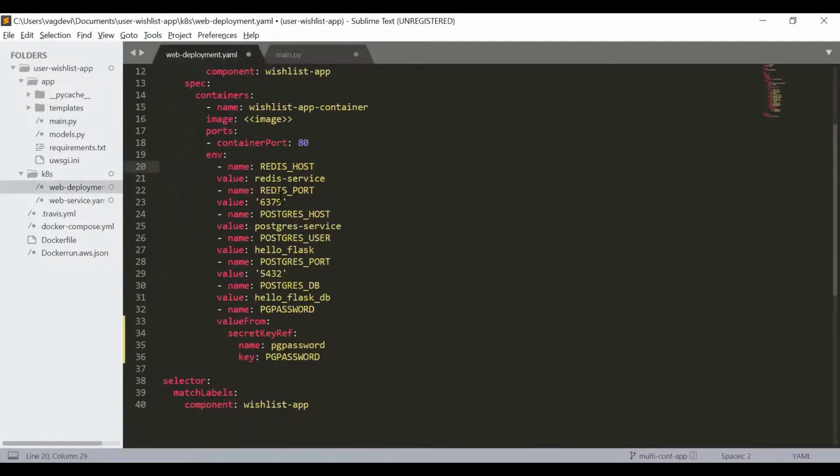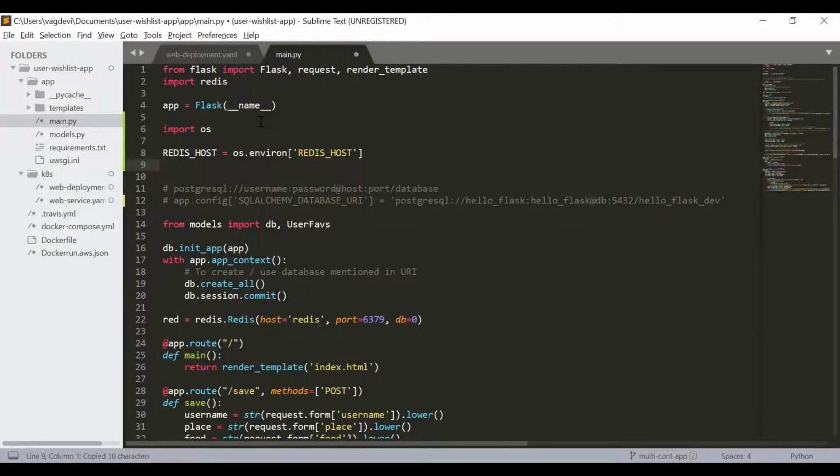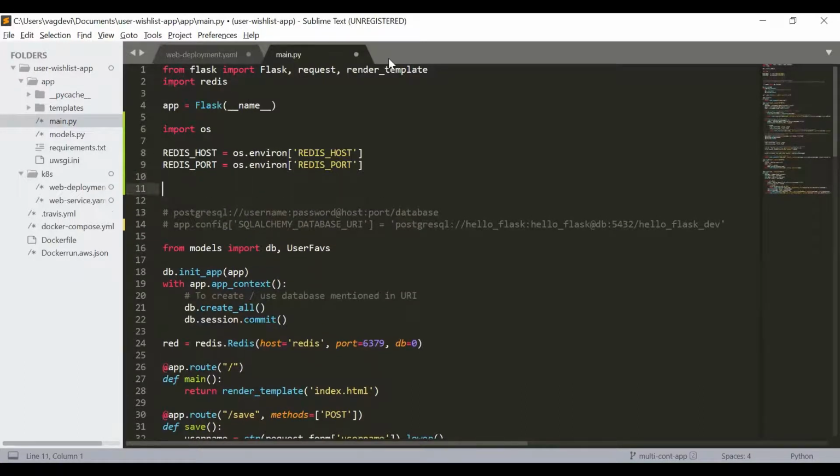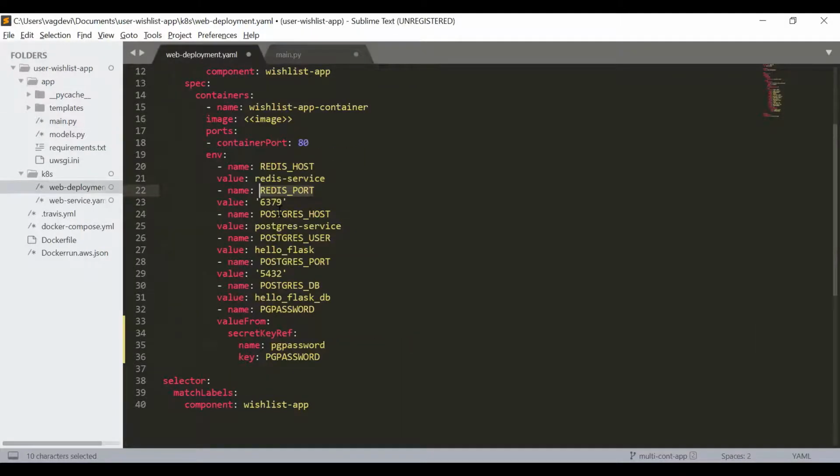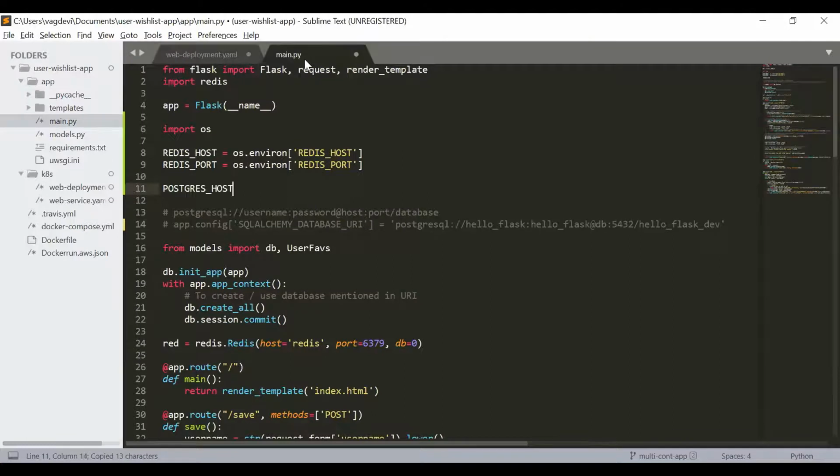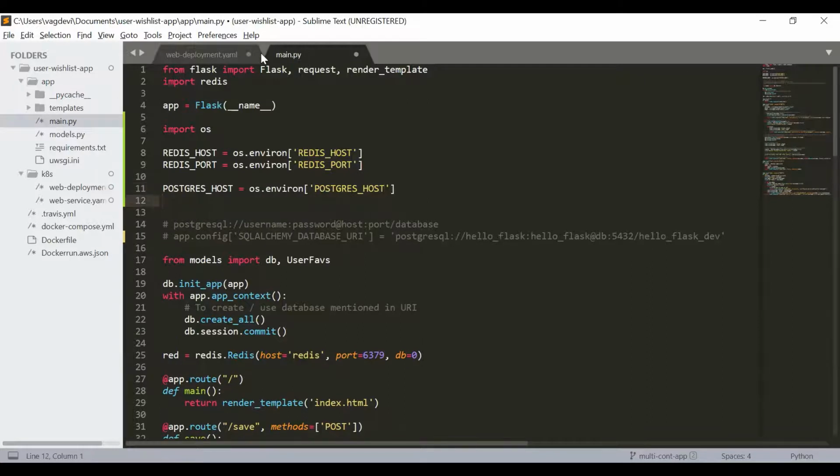Okay, so the next thing is Redis port is equal to os.environ of quotations Redis port. Okay, so similarly go back. The next thing is Postgres host is equal to os.environ of quotations Postgres host.